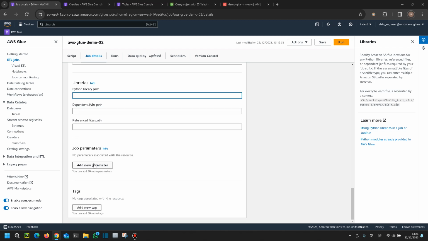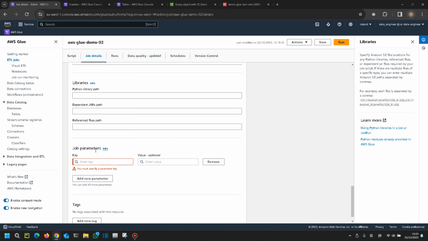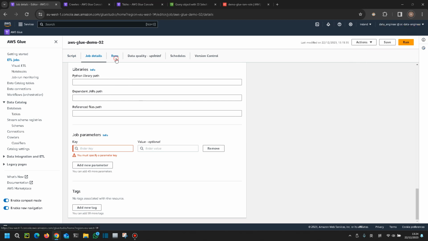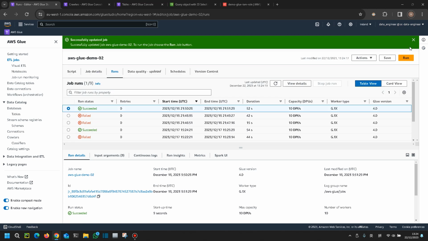And here you have the job parameters. With job parameters, you are allowed to set parameters to make your code more parameterized, because you don't need to hard code all the values or paths inside your script. You can save your job parameters here and then call them from the script. I can do a video about it later, but not now. So here is all the job details,